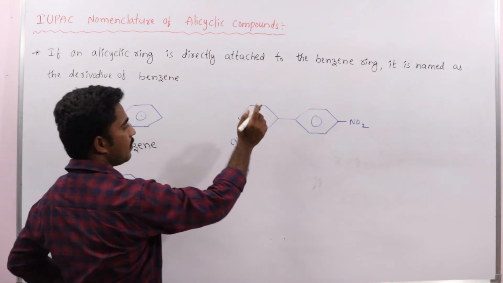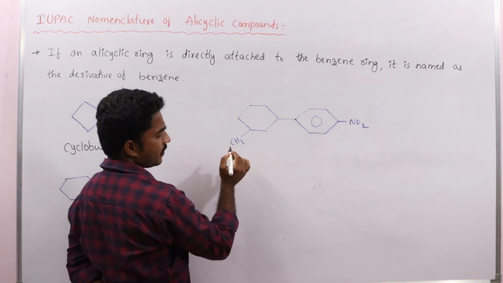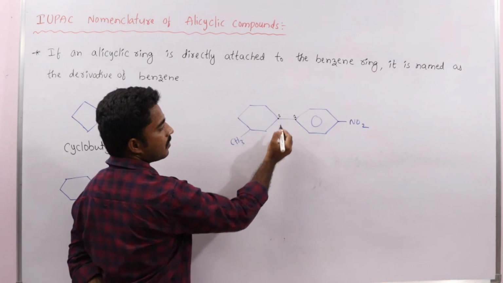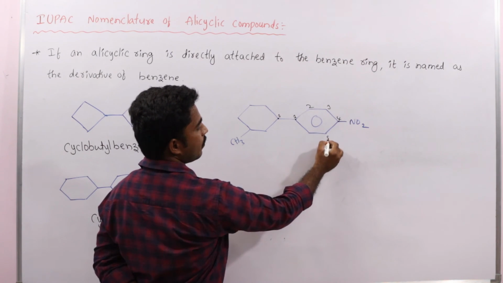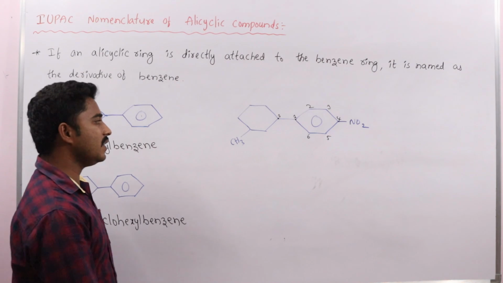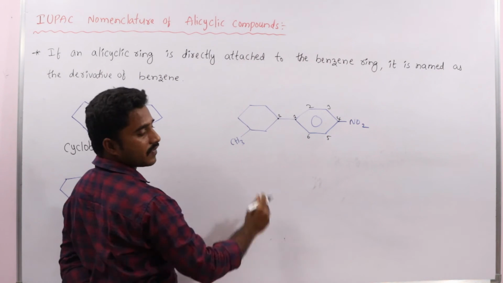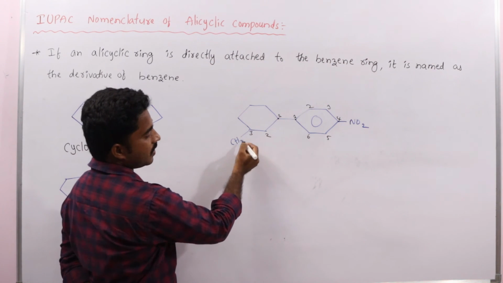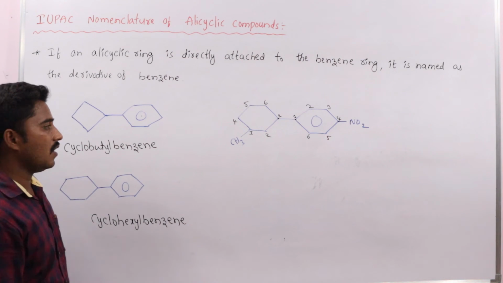So let us see here, when the alicyclic compound contains a substituent as well as the benzene contains a substituent, then for example, the benzene carbon which is bonded to the alicyclic ring, and the alicyclic carbon which is bonded to the benzene ring, are numbered as 1. Then it moves like this, 1, 2, 3, 4, 5, 6. Otherwise you can give it like this also, 1, 2, 3, 4, 5, 6, same. In this case, in the substituent the carbon bonded to the benzene's carbon is numbered as 1, then it moves like this, 1, 2, 3, because the substituent should get the least number, 4, 5, 6. Then write the name of this.